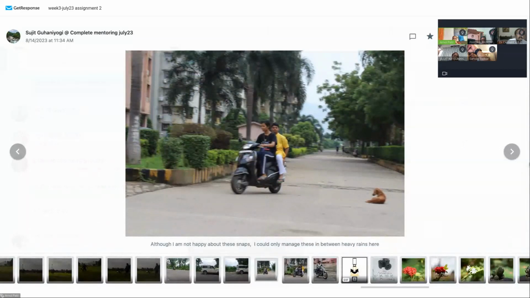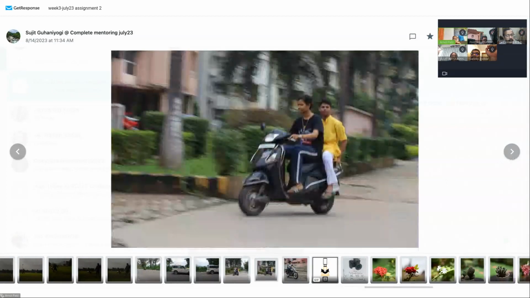Sujit, what I said, your vehicle should not be coming towards the camera. It should be moving from left to right, right to left. It should not be coming from the front. You will not get a panning effect here. The panning effect is because of the movement of your camera. Here, there is no movement of the camera required because the vehicle is coming towards you. So maybe there's a turn and it is moving, but then